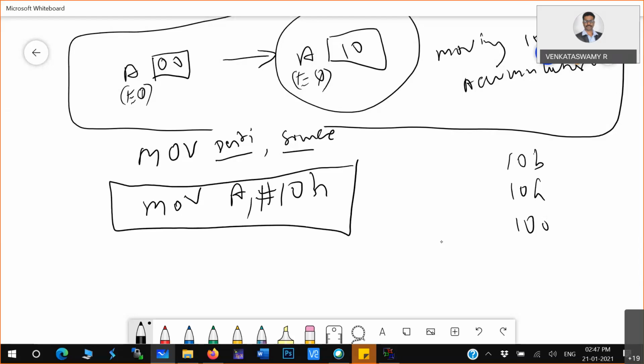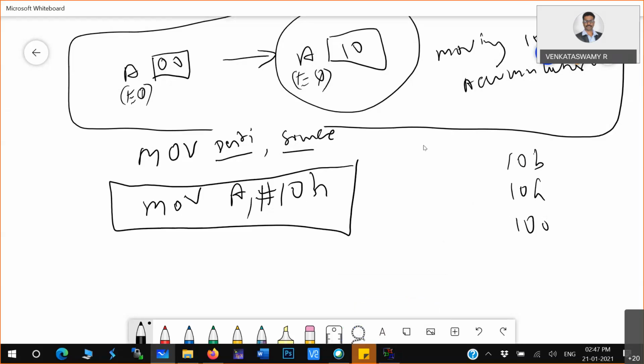So this is a very small program that you can write, and I am going to execute it in the software. You have to understand all these things to understand the program. Move A comma hash 10h will move 10 to the accumulator.